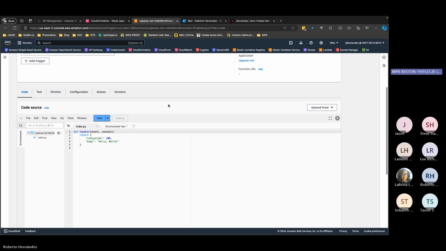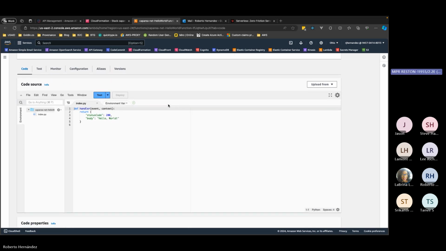Is there an equivalent to resource group in this world? No. There's a group in the resources. The closest thing to it would be a stack, but a stack is mostly a deployment construct, which I guess you could also think of resource groups as a deployment construct. But no, my opinion,